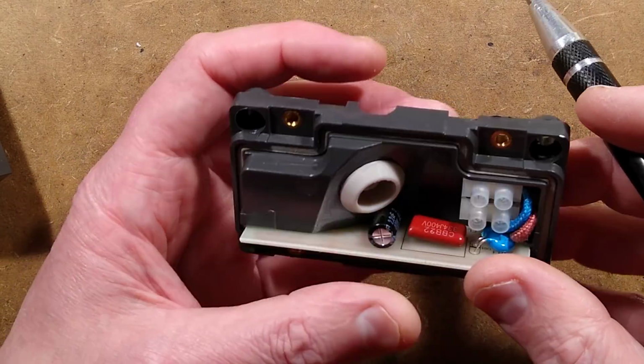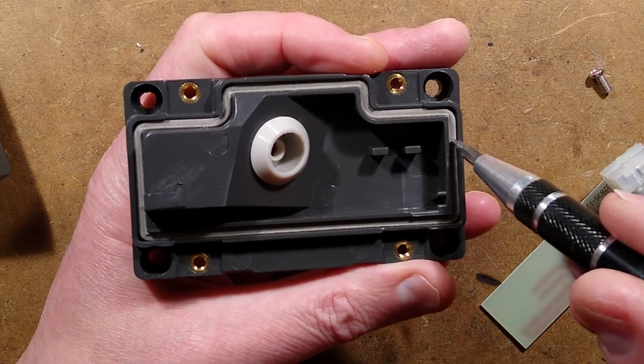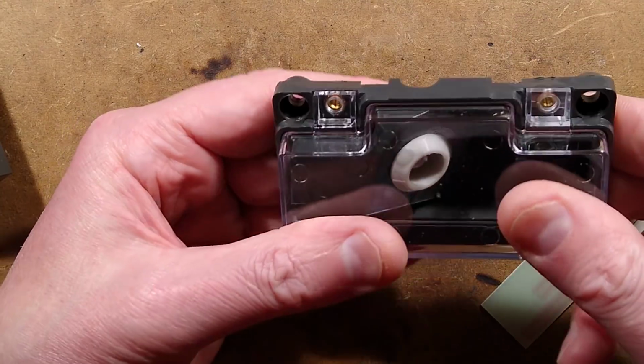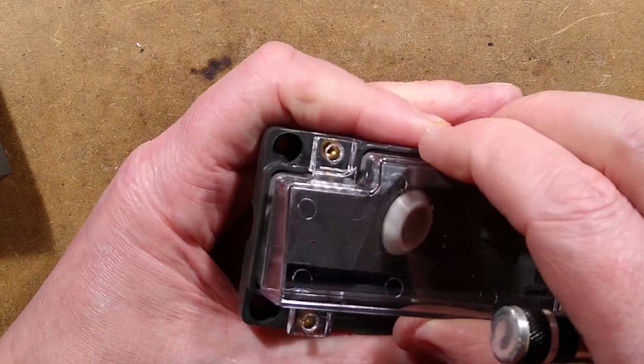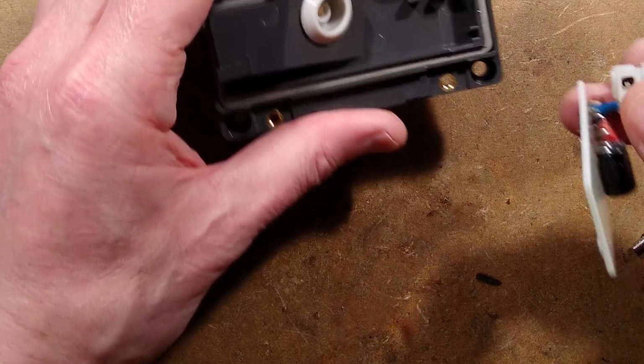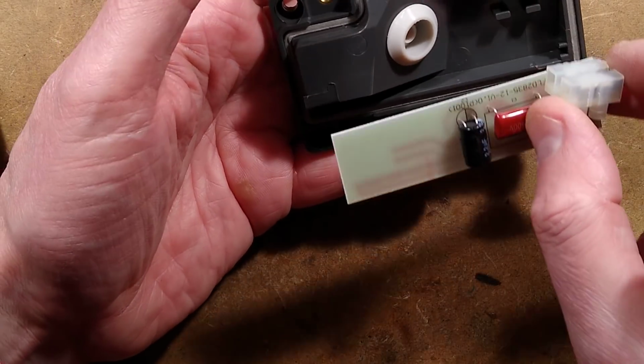individual cores. So the rest of it just slots out like this. You can see the seal here that plastic sits in against, which is actually quite nice. And it does seem to sit quite snugly against that. You can see where it's left the indent in the seal all the way around it. This is the bit that if you had this mounted to a wall and it did fail, then theoretically you